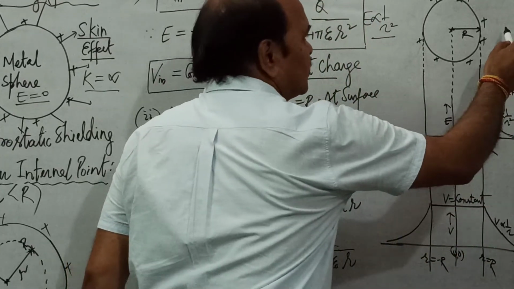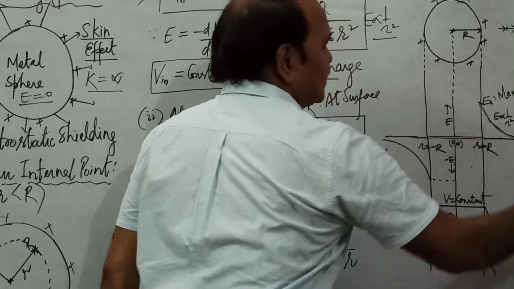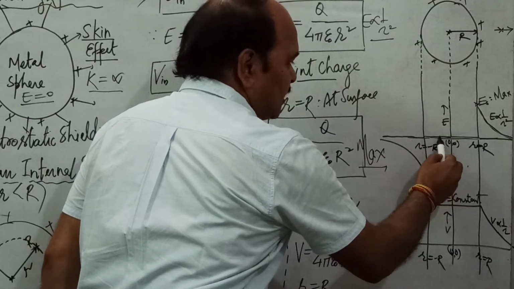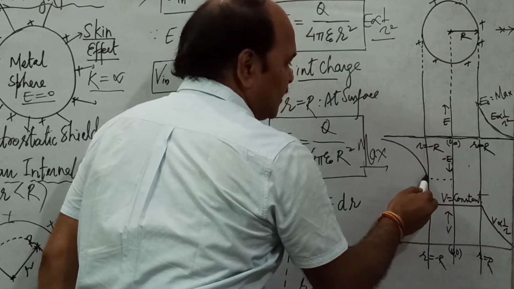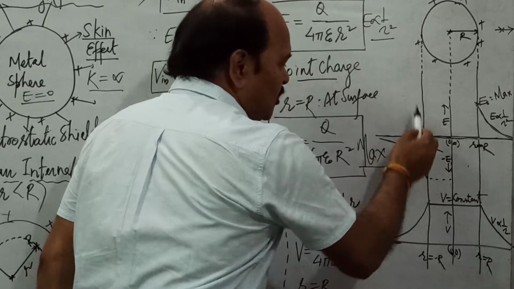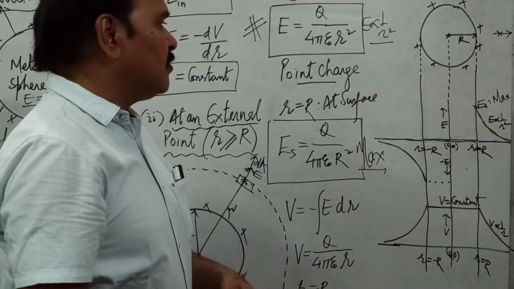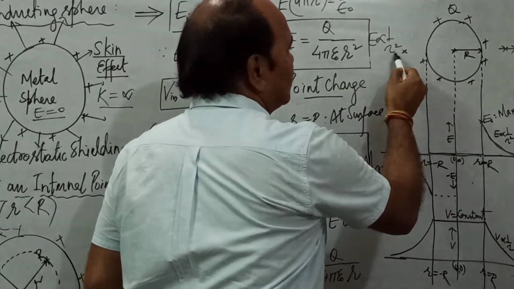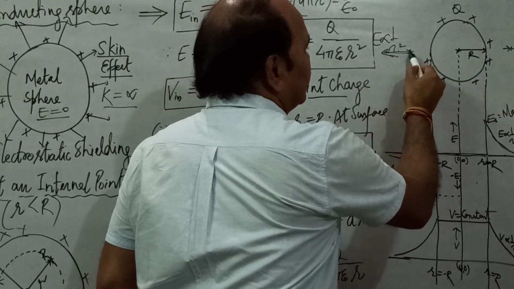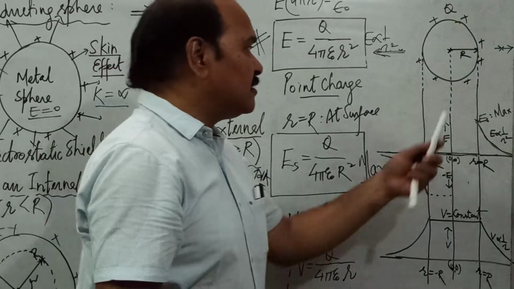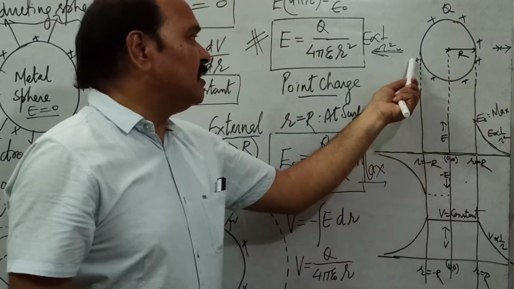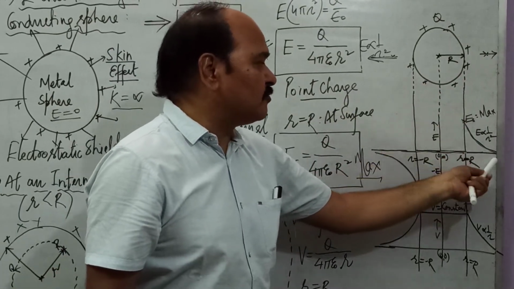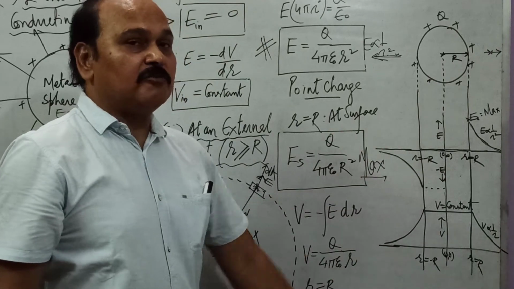And the electric intensity towards the right at any point is where? Away from the charge, like this, radially outward. Left side, again the electric intensity throughout inside is 0. Over the surface it is maximum and then decreases inversely with the square of distance. Why do we plot it along the negative y-axis? It is simply because the field vector here is going to be exactly in the opposite direction. Here the electric field vector is going to be radially away from the sphere. If this radially away is along due east, then this radially away is due west. So these two field vectors are in opposite directions. Therefore, on the right side the value is plotted along the positive y-axis and on the left side the value is plotted along the negative y-axis.